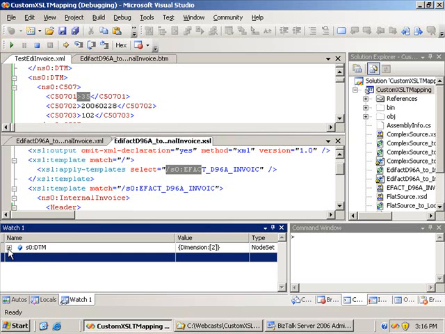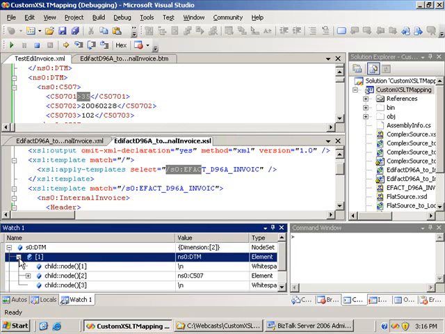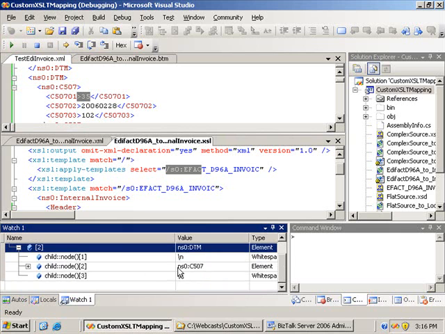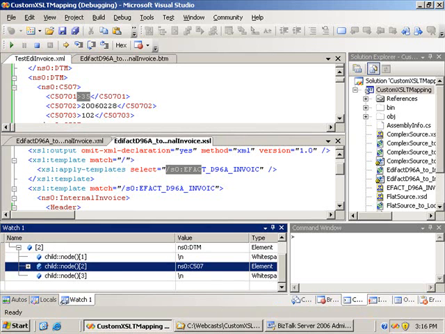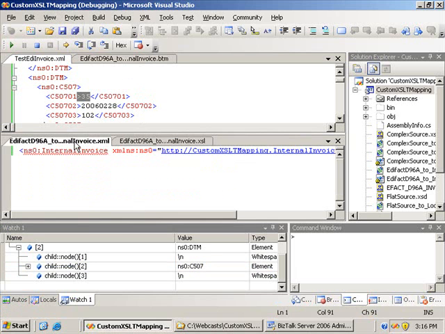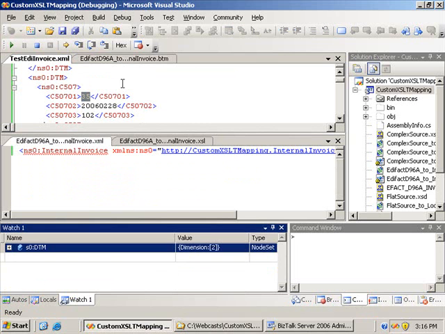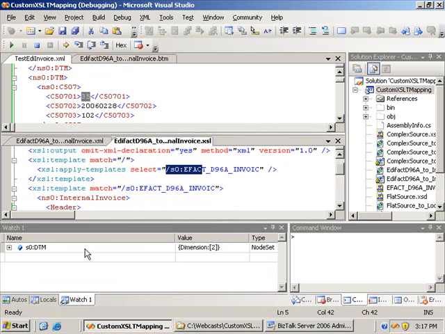And you can see that we've pulled back two DTM values here, and you can drill in and see what they are. I'm not sure if I'm getting this right with the actual codes here. You can see that I've got the NS0 C507 here, and then I've got these various values, the C50701 and C50702. So what I'm going to do, I'm probably getting this wrong, so don't bother emailing me if you're an EDI expert and I'm choosing the wrong values here. I'm actually going to choose this where the identifier is 35 and stick this in as the document date. So going back to my query and back to the XSL I'm debugging here,